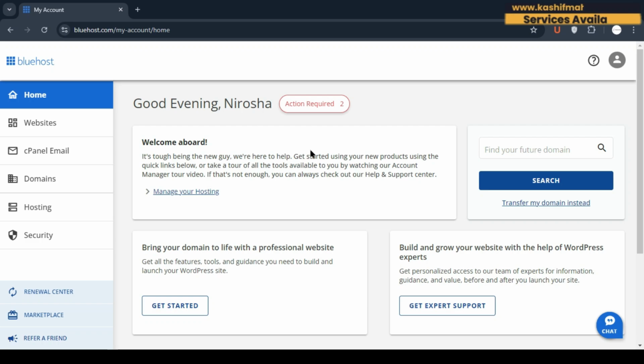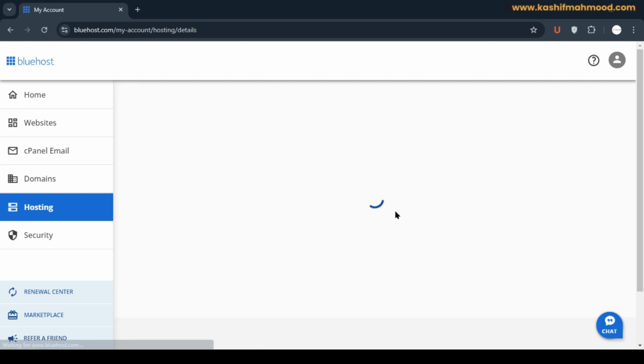In this video I will tell you how you can create a subdomain in Bluehost. So first of all, you can log into your Bluehost account by going to bluehost.com. So this is the page which you will see once you log in, and to create a subdomain you just need to go to this hosting option over here,